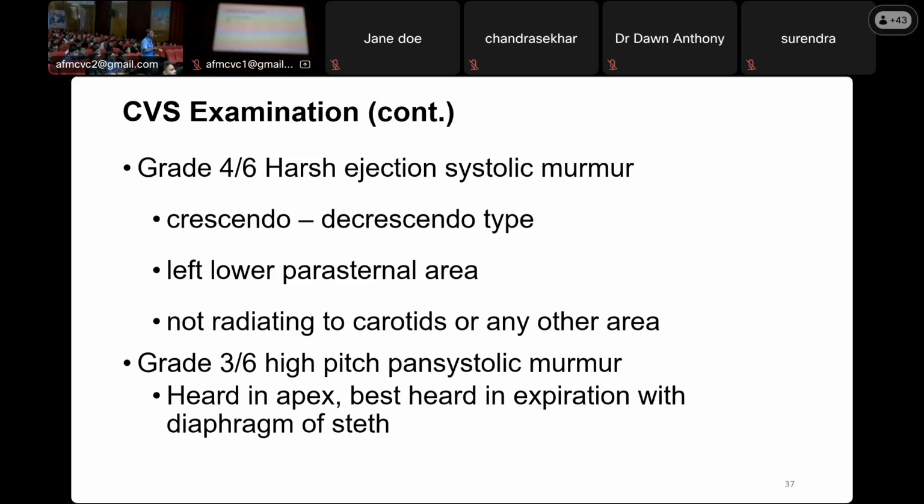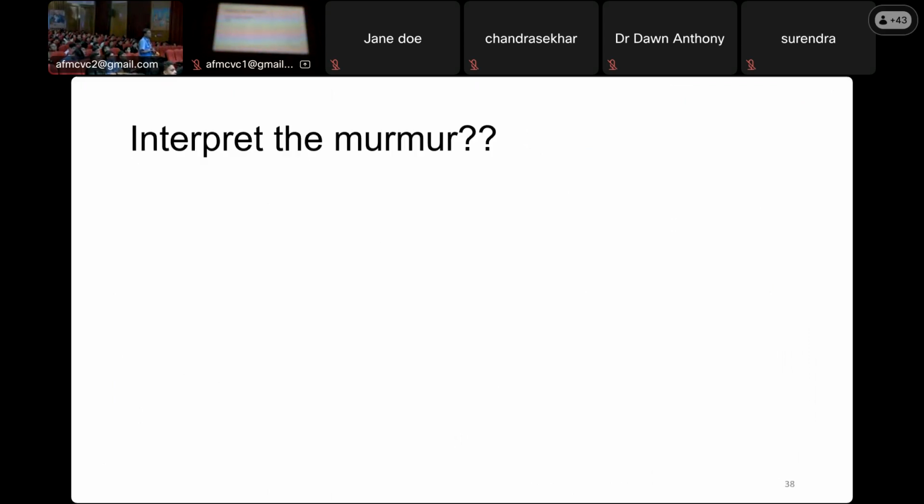So we had an ejection systolic murmur and a pansystolic murmur. We can think about any obstruction at the aortic level, aortic stenosis, or LVOT obstruction, HOCM, or we can see this pansystolic murmur, in which condition